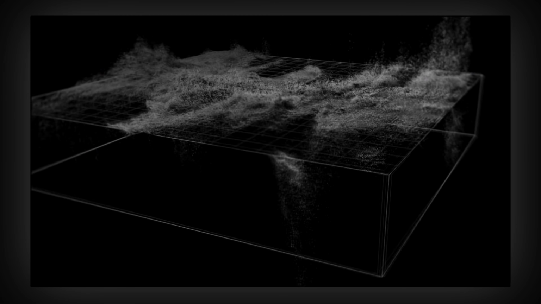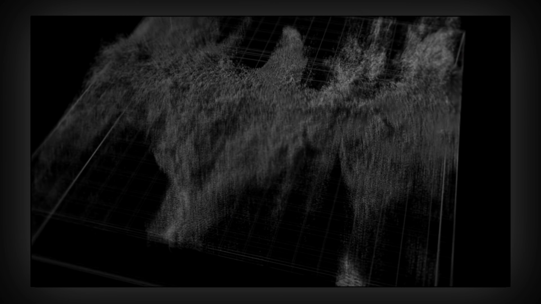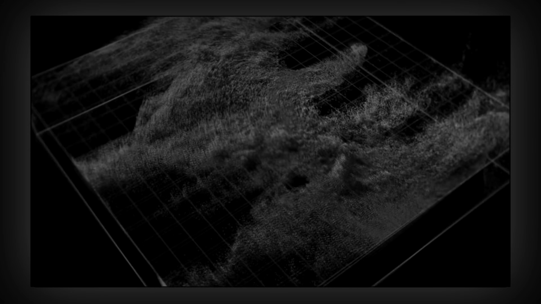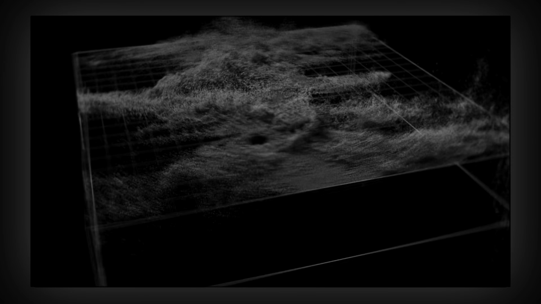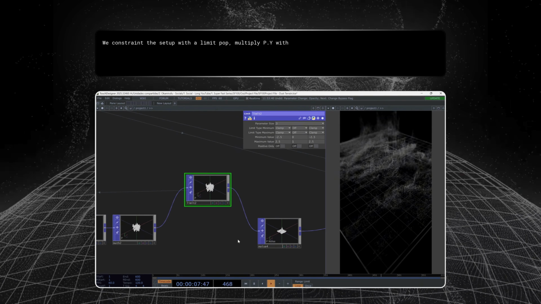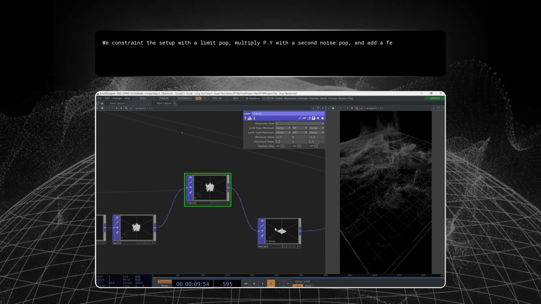In this tutorial, let's build a dust terrain. We drive a point generator pop into a particle pop, using a noise pop set to curl 2D for a fluid swirling pattern. We constrain the setup with a limit pop, multiply it by a second noise pop, and add